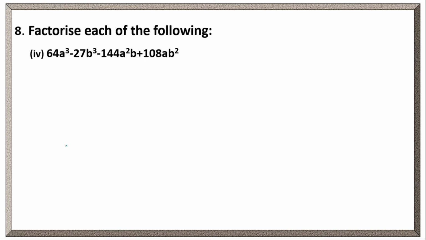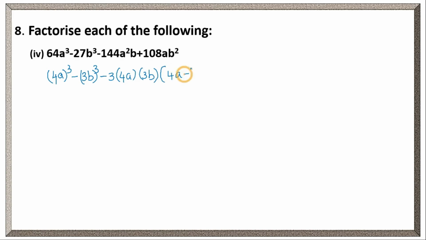Clear? Right. Let's see the fourth bit, in the similar way which we have done in 1, 2, 3. Clear? Now 64 can be written as cube of 4. That means 4 cube. 4 cube a cube means (4a) whole cube. Minus 27 can be written as 3 cube. 3 cube b cube means (3b) whole cube. Now a and b values we got from here. So minus 3 into 4a into 3b into